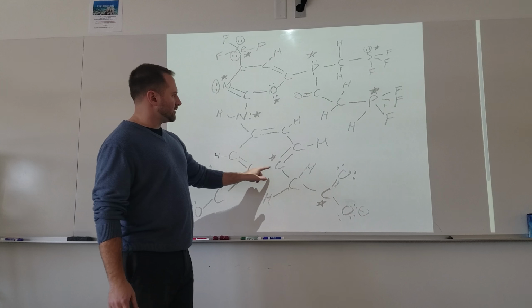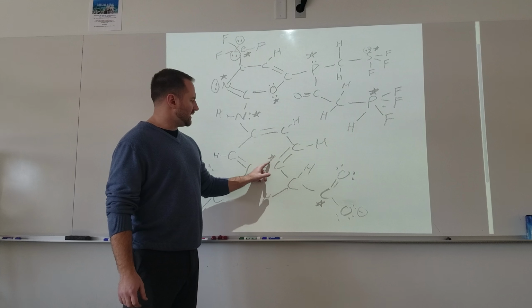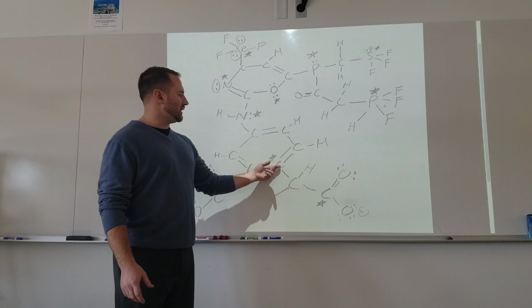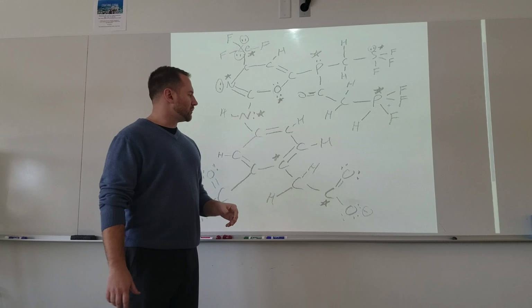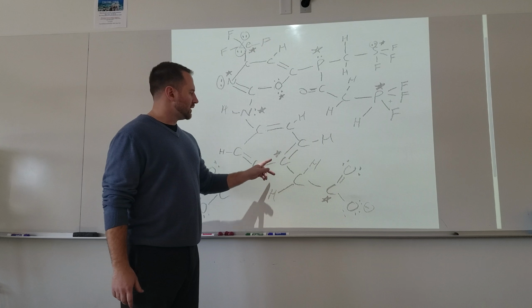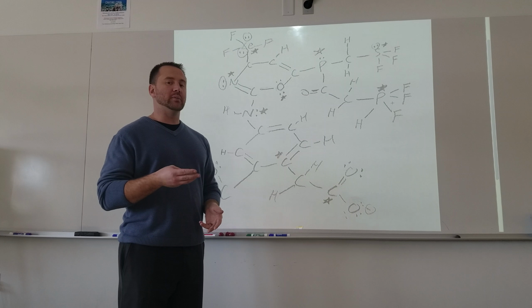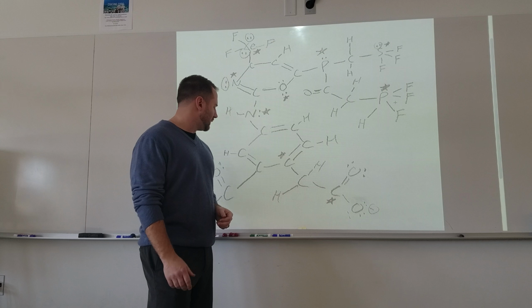If you look down here at this carbon, you can see that it has 3 atoms bonded to it, but this time there are no unshared pairs. So you end up with a trigonal planar shape with a bond angle of about 120. And since there are 3 atoms bonded and no unshared pairs, you'd have 3 hybridized orbitals, so it would be an sp2